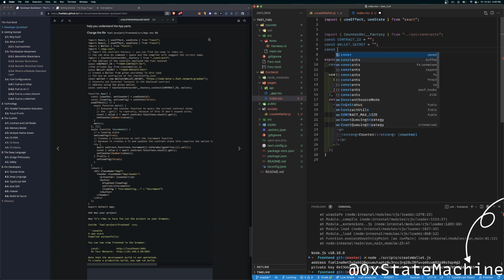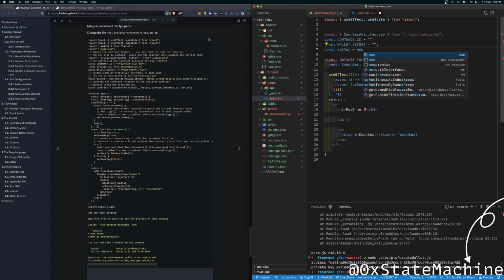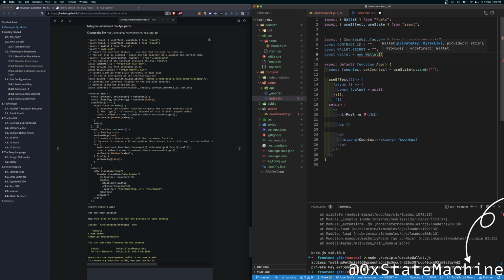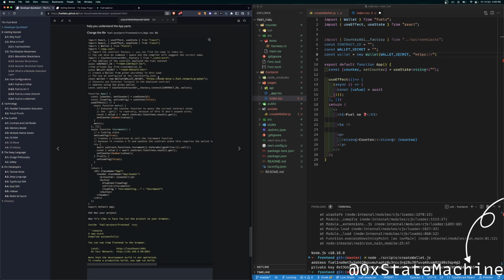And then we have this wallet instance. We need to import wallet from fuels and pass in the wallet secret and then the node. I will just copy this.